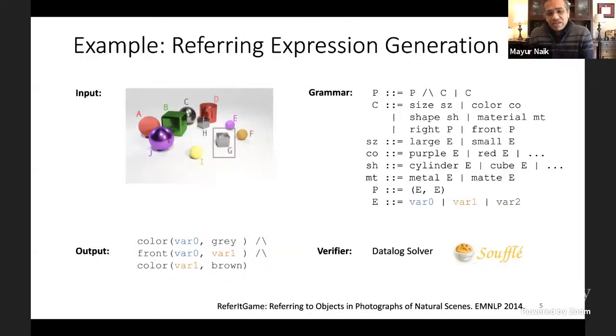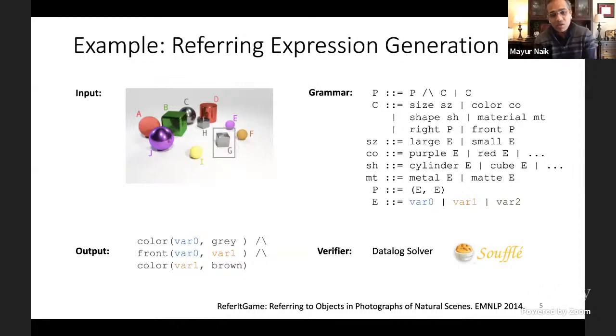And in this case, the verifier can be something like a Datalog solver, where you can execute these relational programs and check whether they produce the desired object as the value of a distinguished variable, which I'll call var0. Okay. So in summary, here the goal is to come up with a single-rule Datalog program